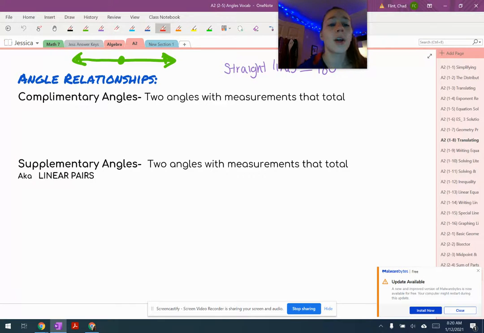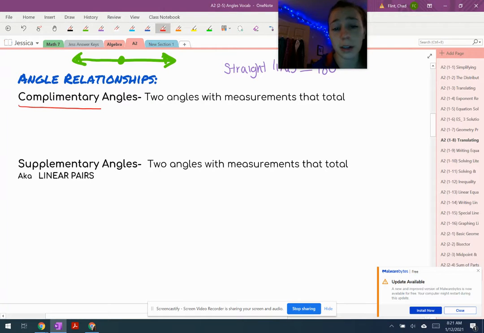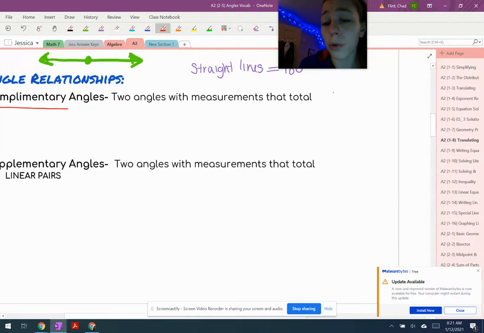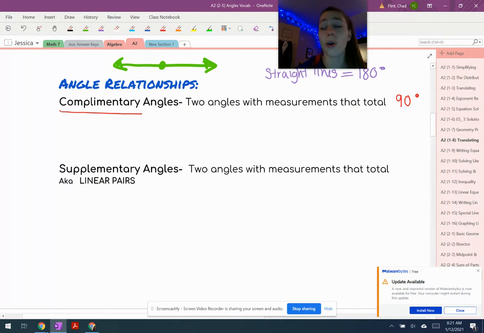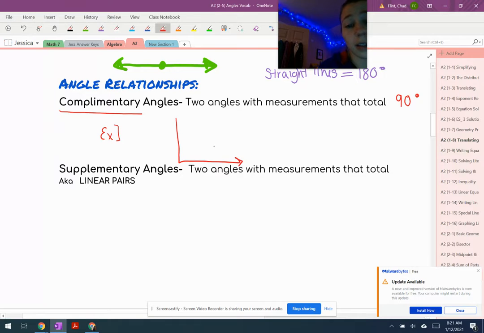The first type of angle relationships that we're looking at are what are called complementary angles. Complementary angles are two angles with measurements that total 90 degrees. They have to equal exactly 90 degrees. So an example of two angles that could be complementary could be something like,